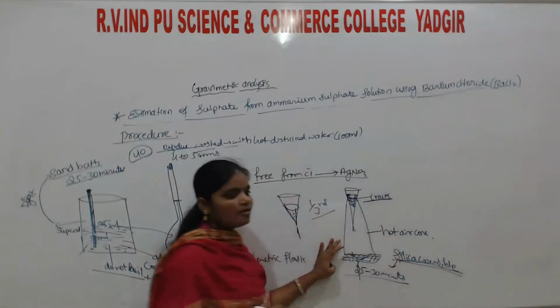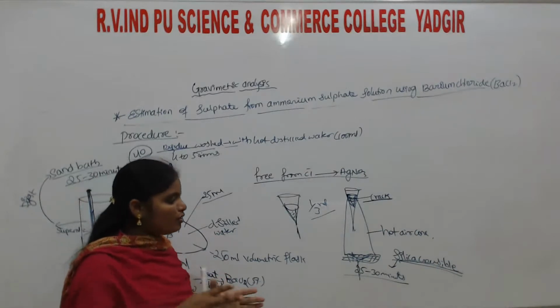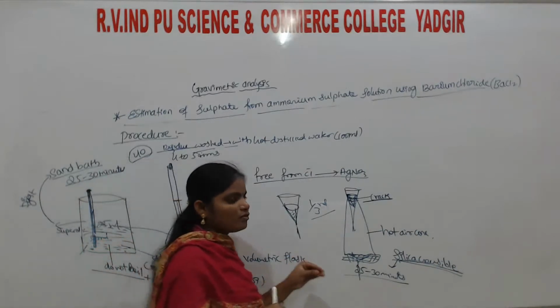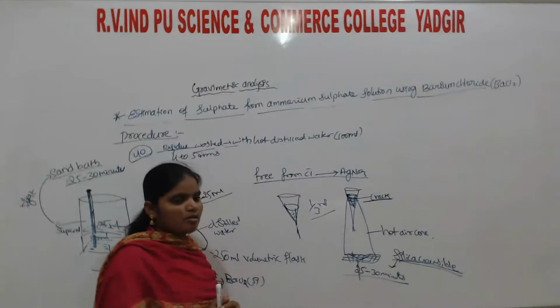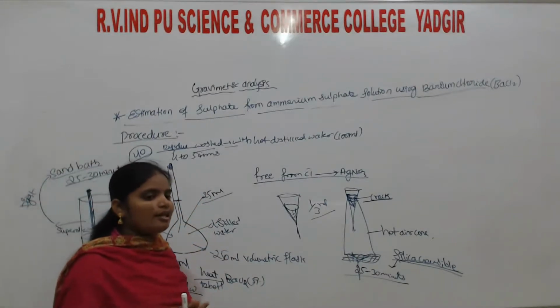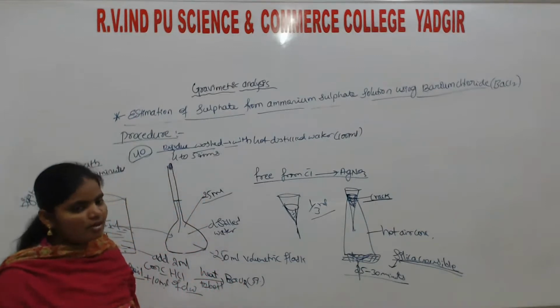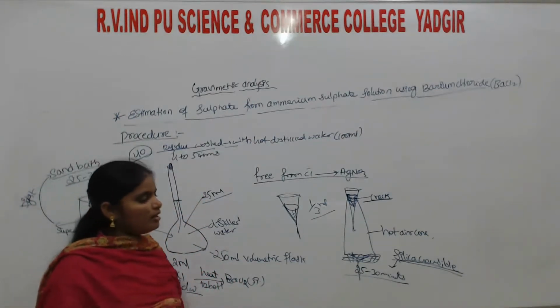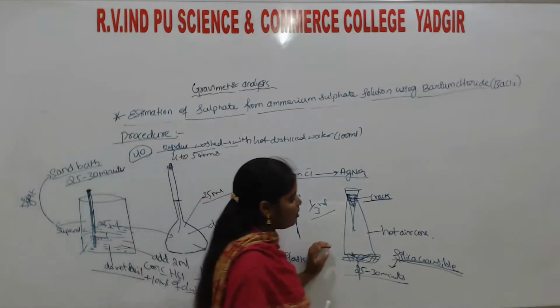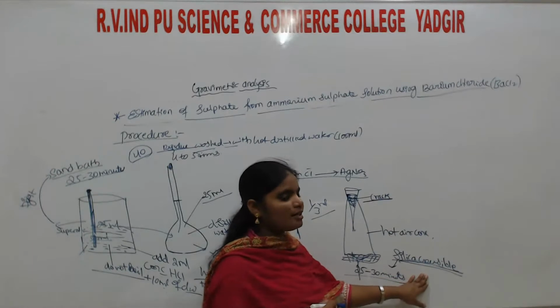In this silica crucible you fold the filter paper and transfer it. Then the silica crucible is heated on an electrical crucible heater, to ignite